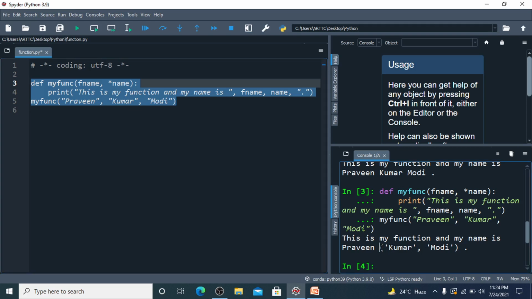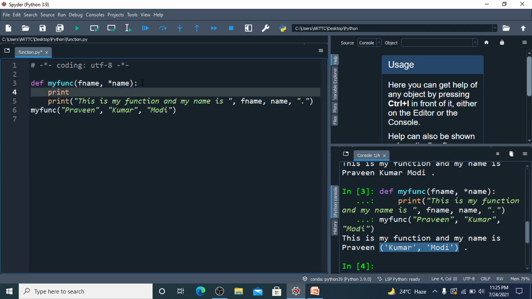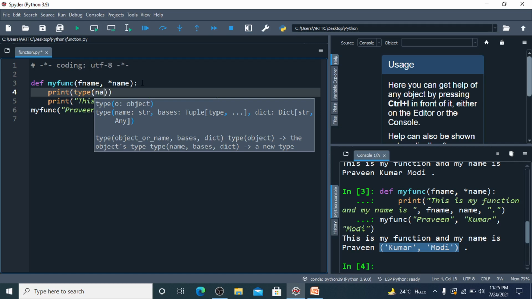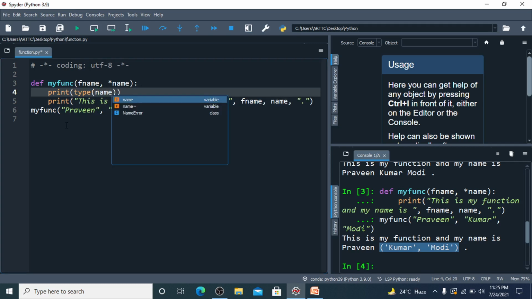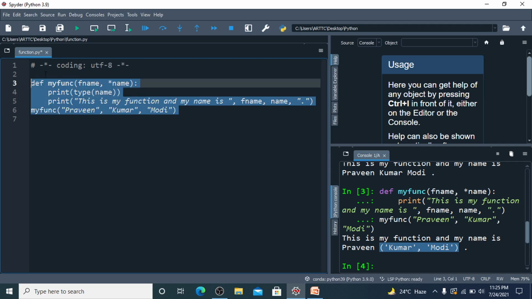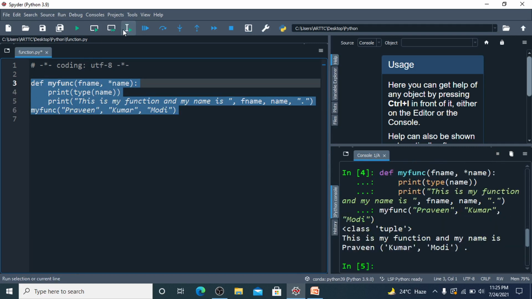So what is the data type of this name? Let us check the data type first. The print type function is used to check the data type. So it belongs to the tuple class.